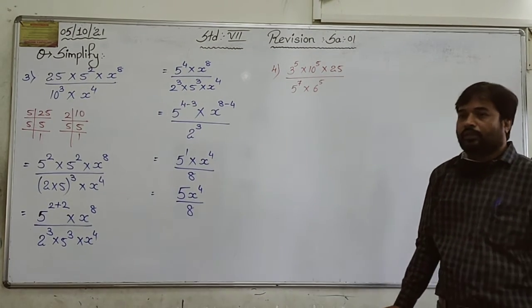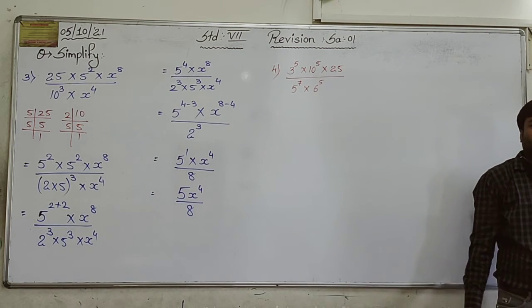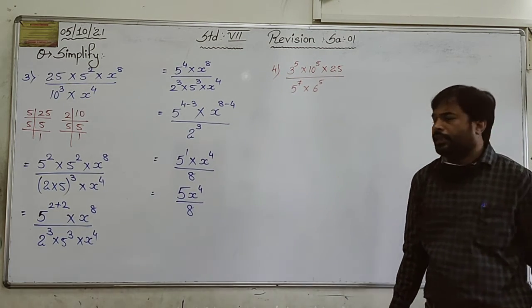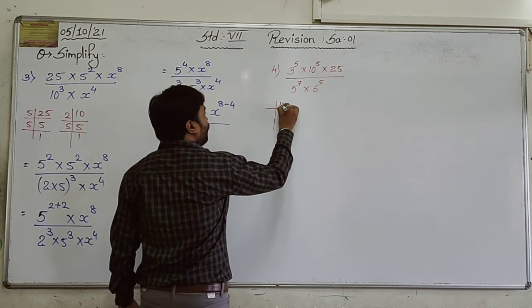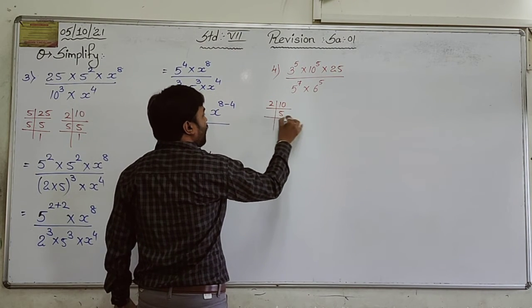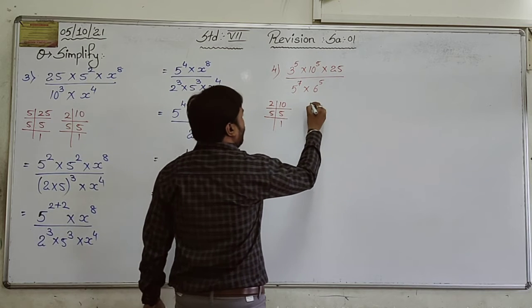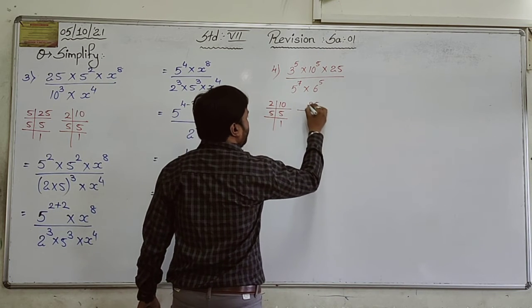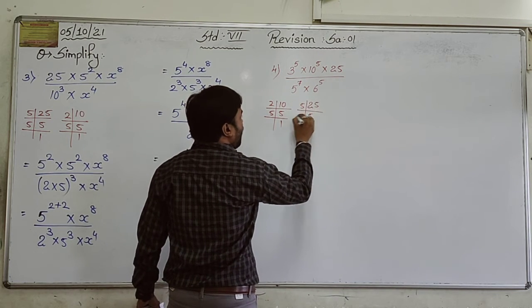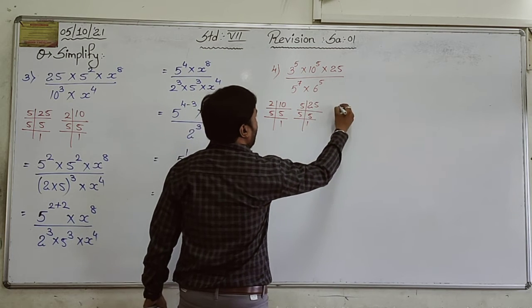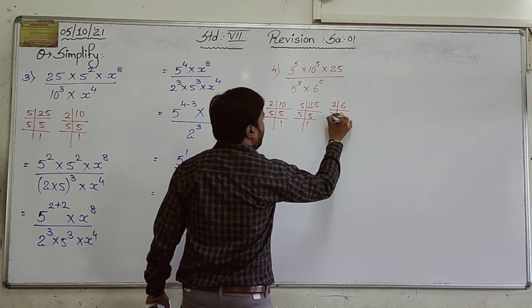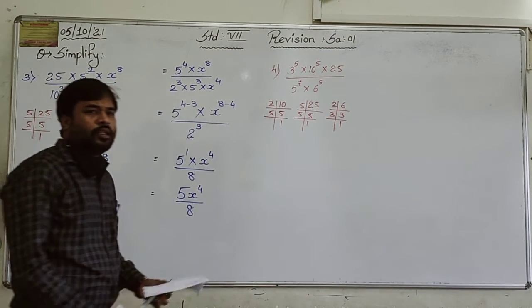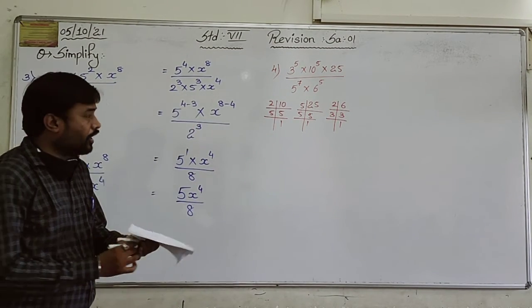Okay, searching for composite number. Check composite number. Yes. So what about 10? 2 5s are 10. What about 25? 5 5s are 25. What about 6? 2 3s are 6. Right, now replace the values. Okay, so that is equal to